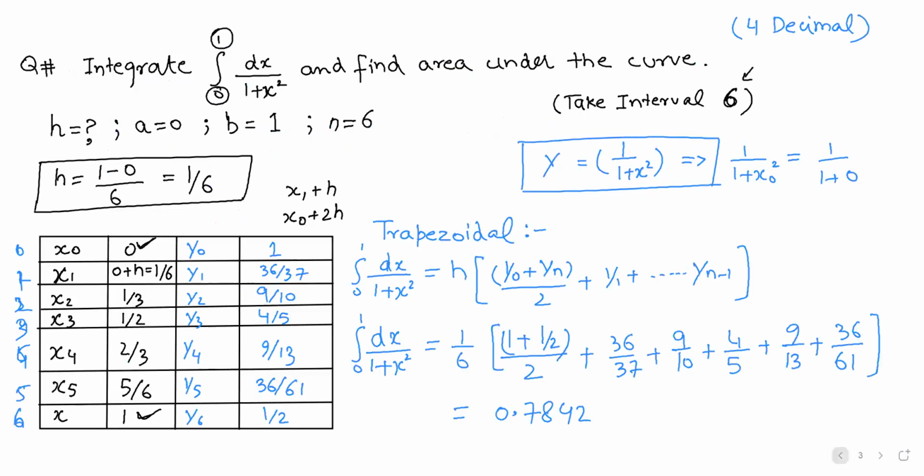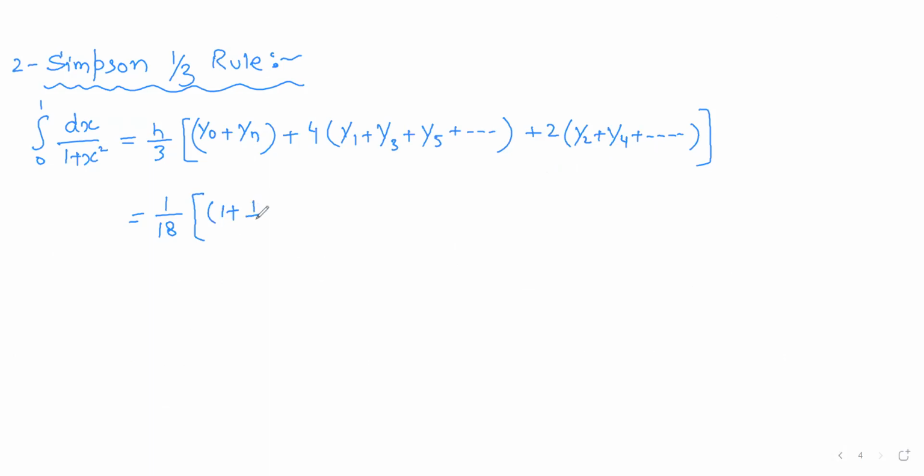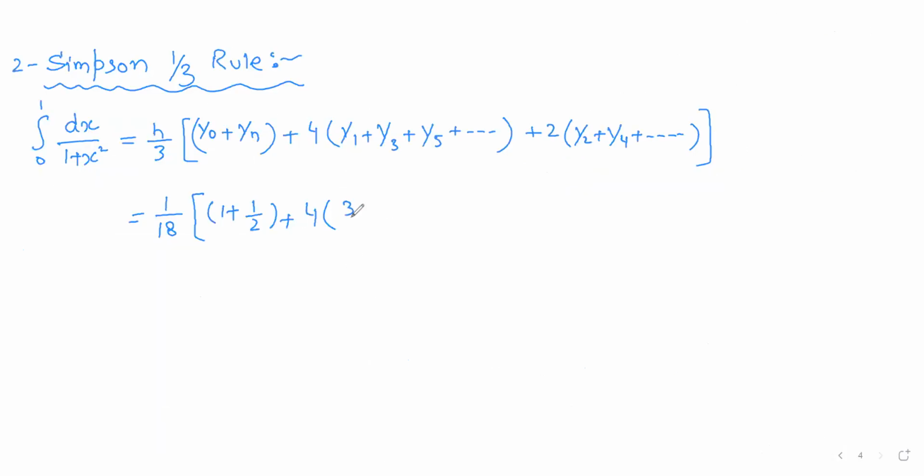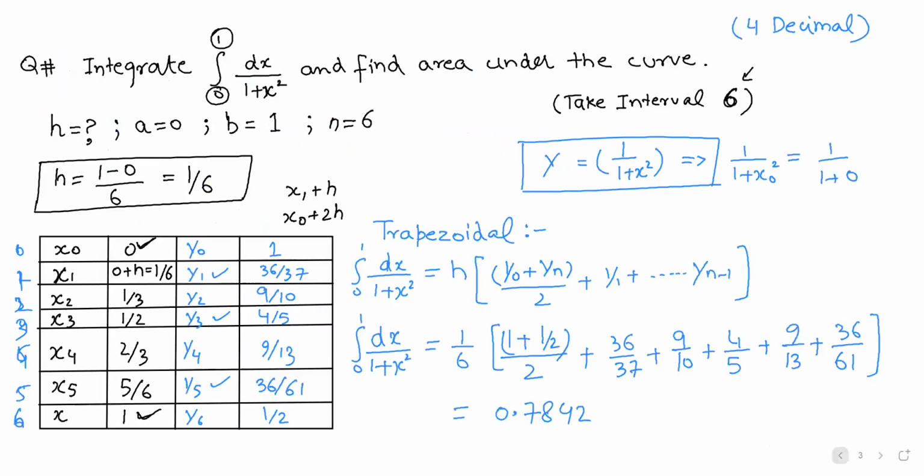What was yn? It was 1 by 2, plus 4 into the odd terms, this value and this value. So 36 by 37